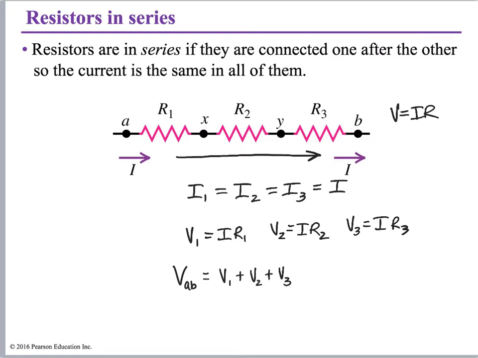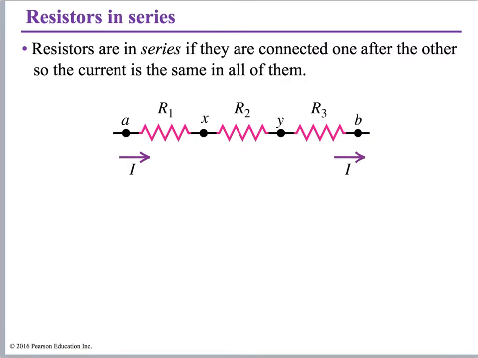So these are two important rules for resistors in series: the current is the same through all of them, and the sum of the potential drops is equal to the total potential across all the resistors. If we put those two things together,